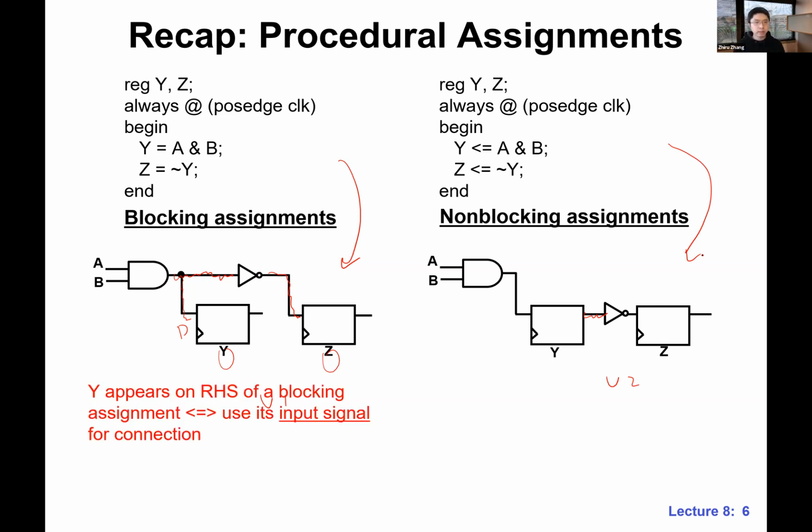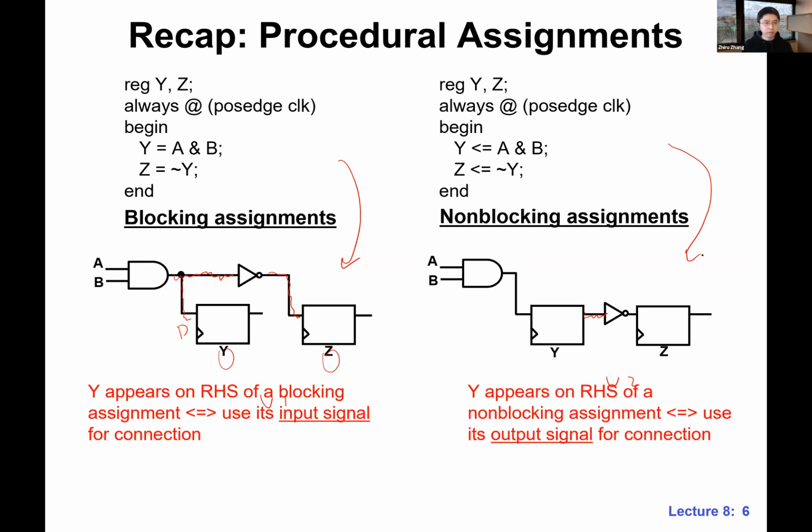Okay, so like I said last time, very quickly: for blocking assignment, you take the input side, the D side, and for non-blocking assignment, you take the Q side, the output side. All right, any questions about this? If not,